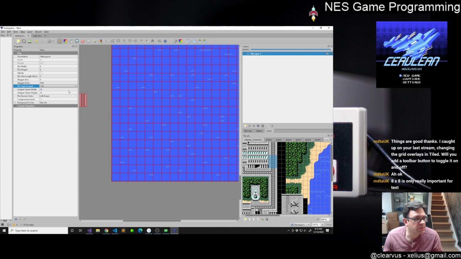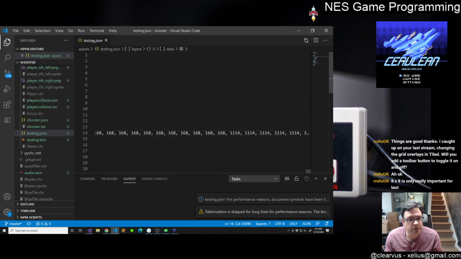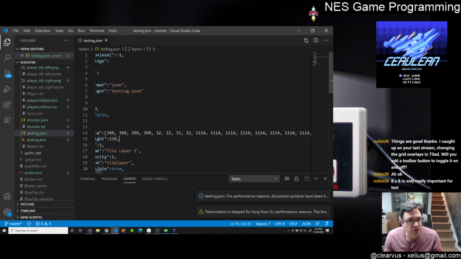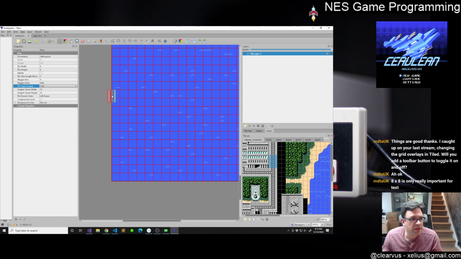Comma separated values. I believe that is what we want. Although I'm curious to see what these other export sizes look like, or data types look like, because this is just obviously a huge long string of comma separated values. 8x8 is only really important for text. Yeah, I mean, it's important for text, but at least at this point,